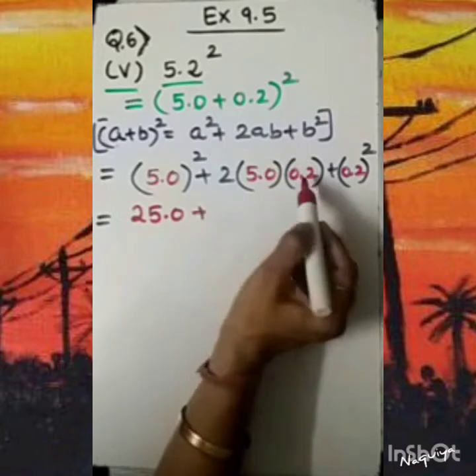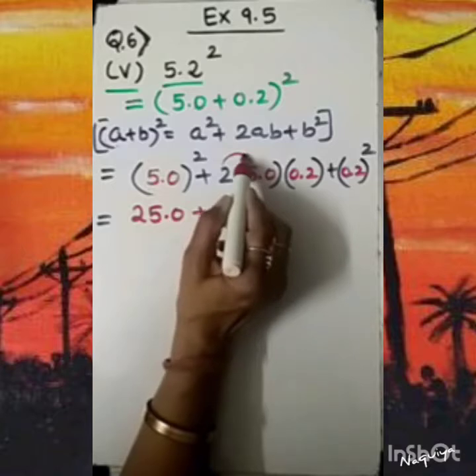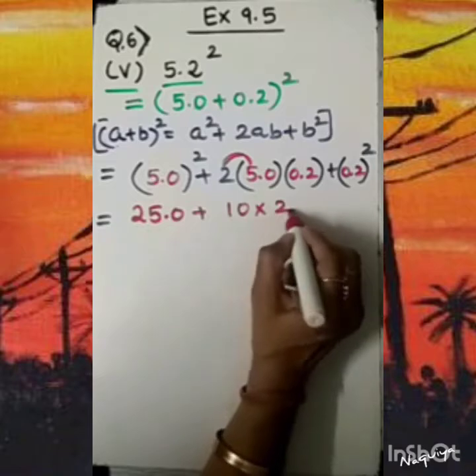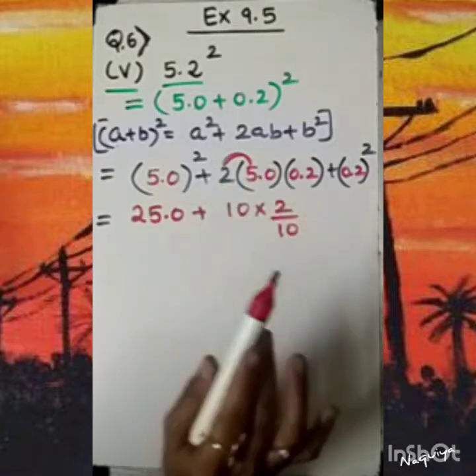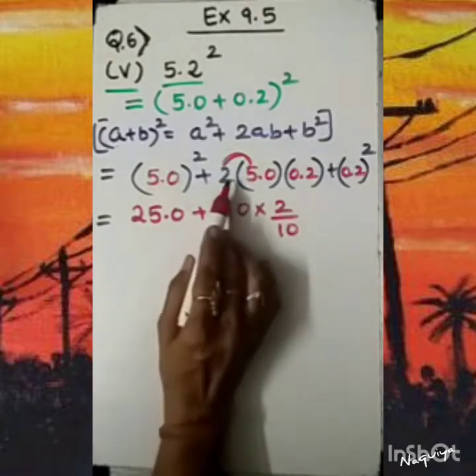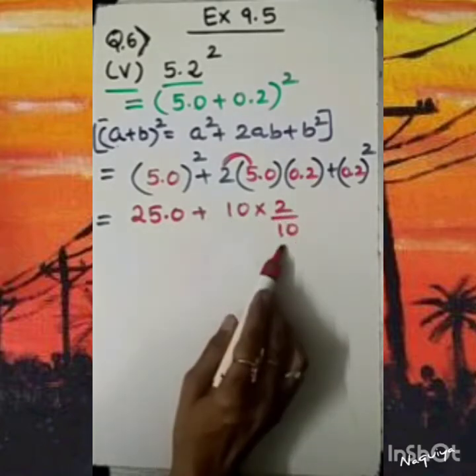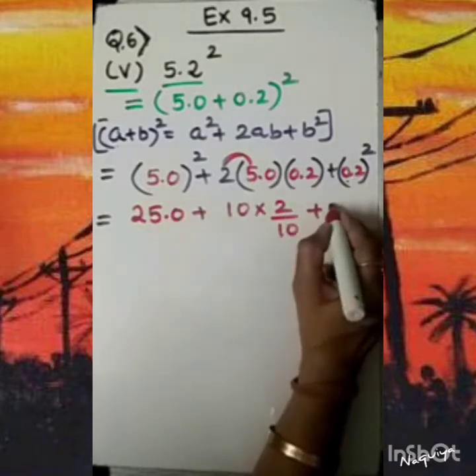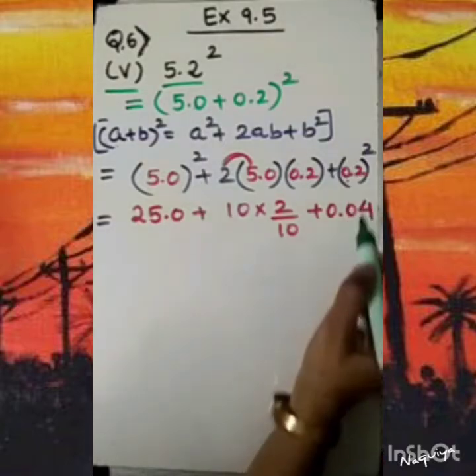Plus. How to multiply all this? Very simple. Look at your screen. Just forget this decimal. 2 into 5 is 10. Fine. And 0.2 can be written as 2 by 10. If you are not able to multiply directly, then I am showing you an easy technique. We know that 5 into 2 is 10 and 0.2 can be written as 2 by 10. If we shift this, remove this decimal, and of course 0.2 square will be 0.04, because 2 into 2 is 4 and we need to shift 2 digits.